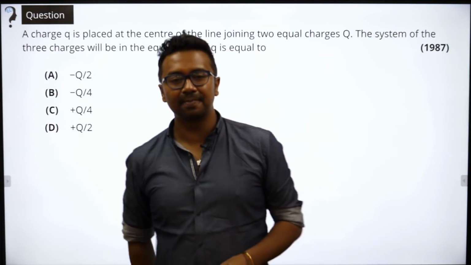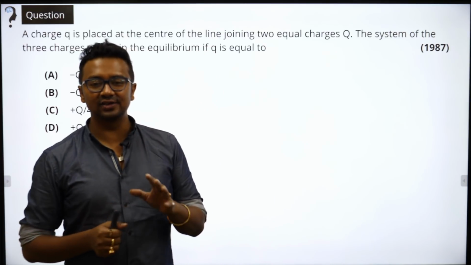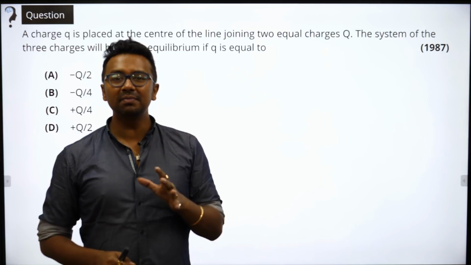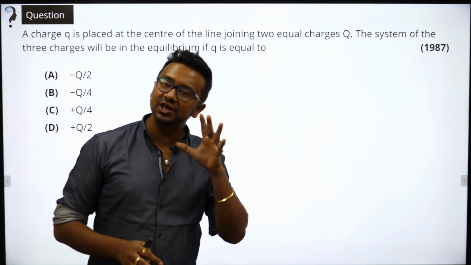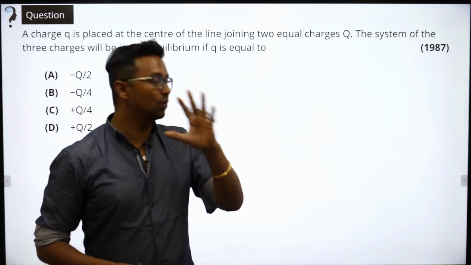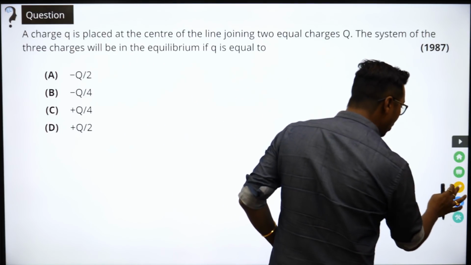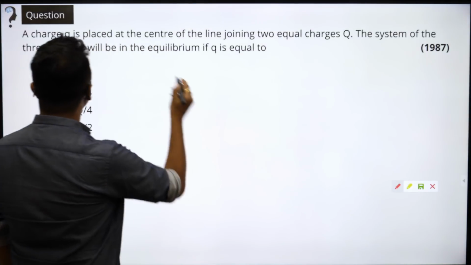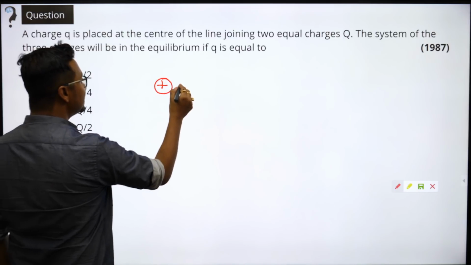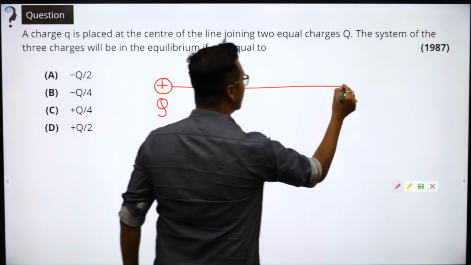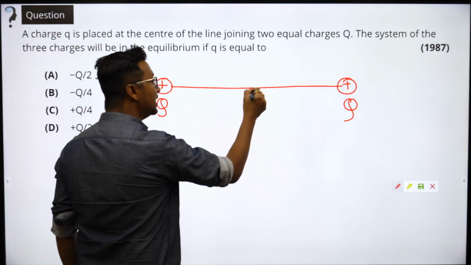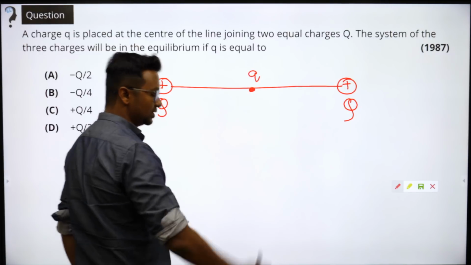देखो next question किस तरीके से सॉल्व करेंगे इसको. इक्विलिब्रियम की बात है यहां पे. ठीक है. व्हाट डू वी मीन बाय इक्विलिब्रियम? नेट फोर्स इज इक्वल टू 0. क्लियर? नेट फोर्स इज इक्वल टू 0. चलो, तो बेस्ड ऑन दैट पर्टिकुलर कंसेप्ट यहां पे बता रहे कि देयर आर 2 चार्जेस प्लस q एंड प्लस q, एंड इसके बीच में कहीं तो देयर इज अ q चार्ज.